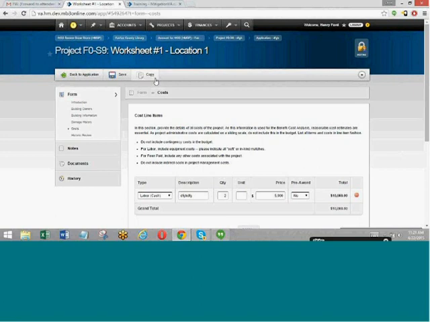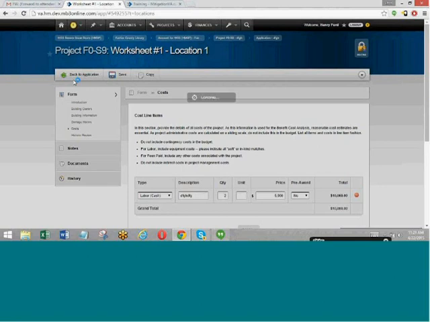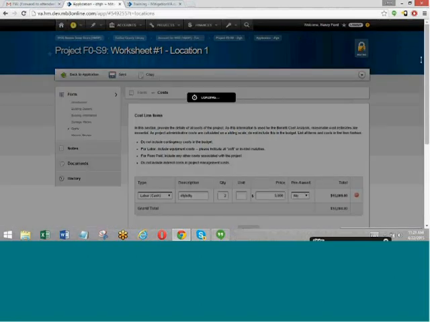But you can keep copying, and you can have, of course, as many location worksheets on a single application as you need, whether it's 50 or 100 or 200, it doesn't matter. Okay, so I'm just going to jump back to the application.